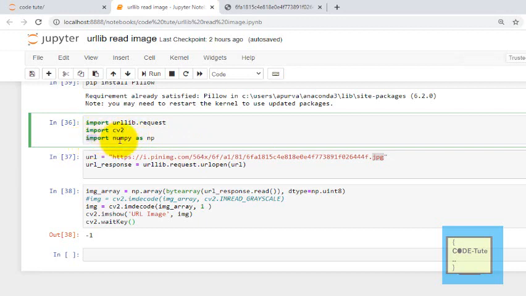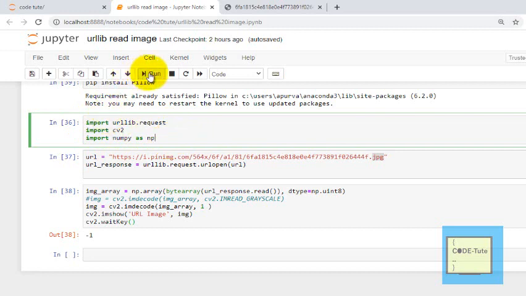And the third is NumPy. I'll tell you what the use of this NumPy is. To use any URL, first of all we need to import the library, which is import urllib.request, and these two are optional, import cv2 and import numpy as np. As per my program's needs, I have imported these three libraries.